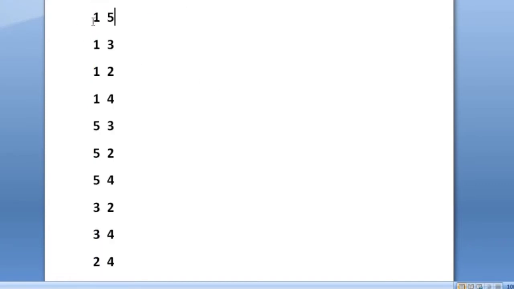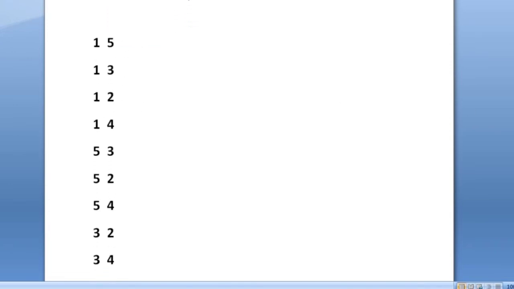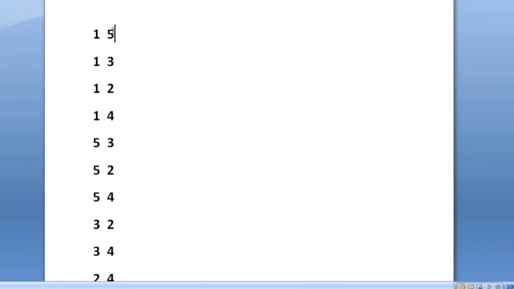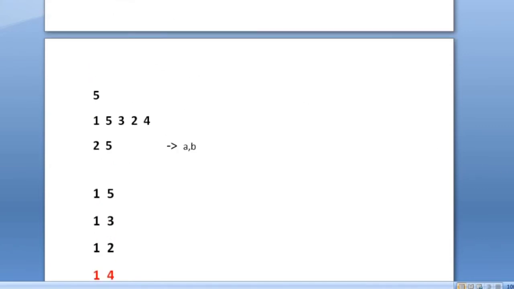Now we have to check whether sum of any of the combination is equal to the value of b. So the value of b is equal to 5. So if sum of any of the combination is equal to 5, then it is a valid combination. So here 1 plus 5 is 6 and then 1 plus 3 is 4. So 3 and 5. So this is valid. So we have found one valid, and then 5 plus 3 is 8 and 7, 9 and 3 plus 2 is 5. So another valid one, and then 3 plus 4 is 7 and then 4 plus 2 is 6. So there are only two valid pairs. So we are printing our output as 2.